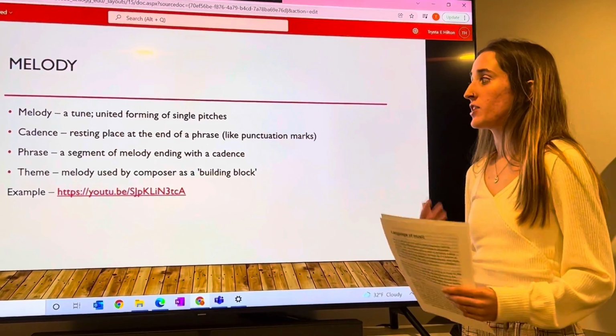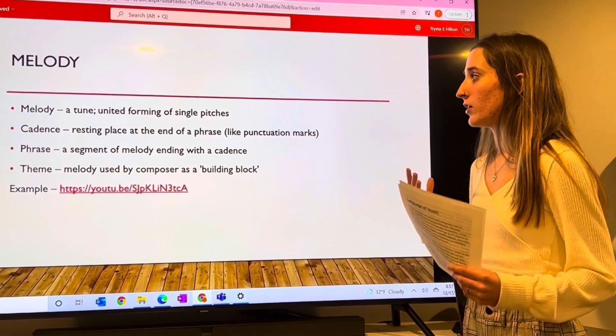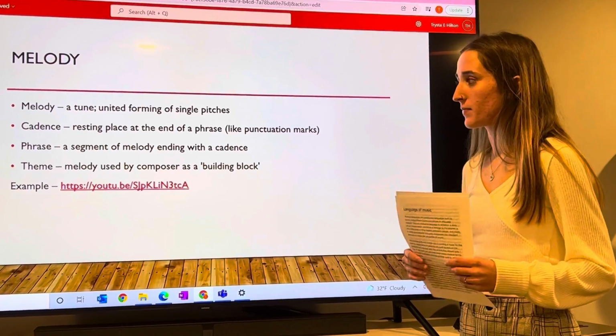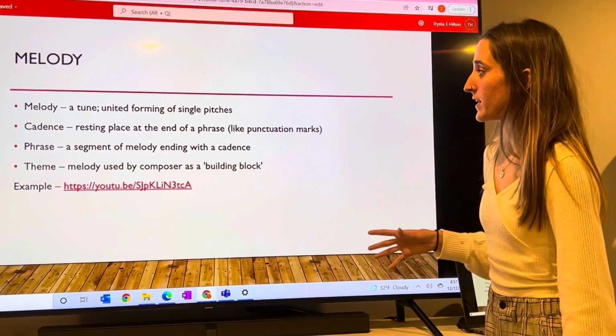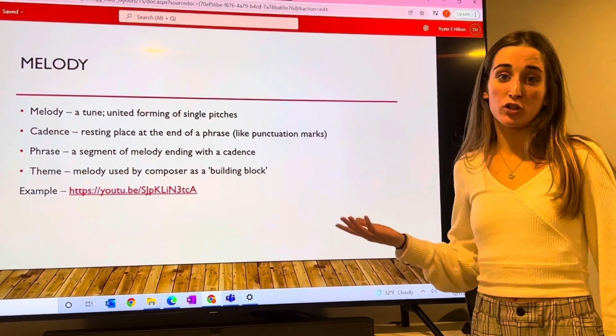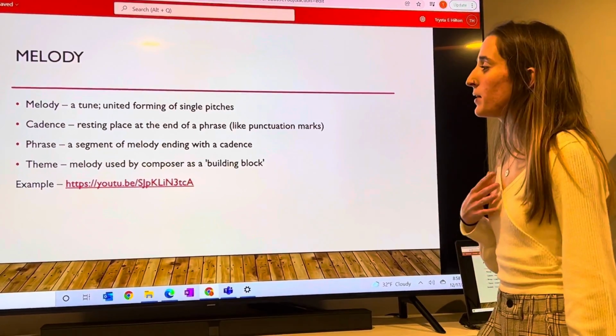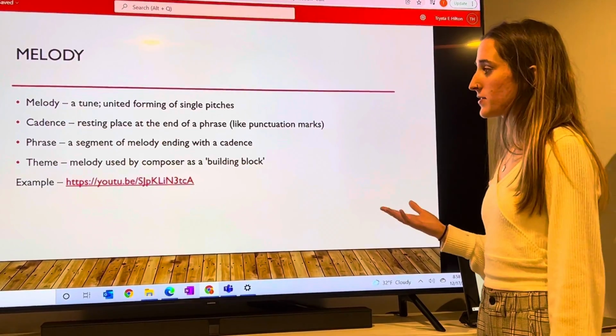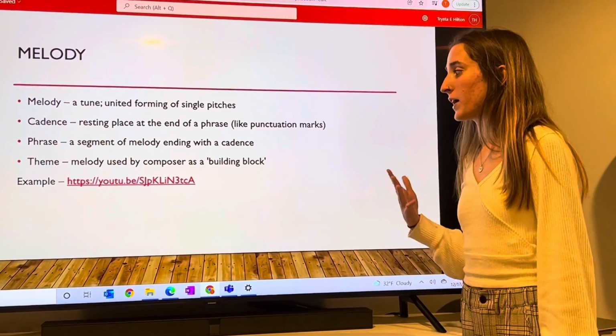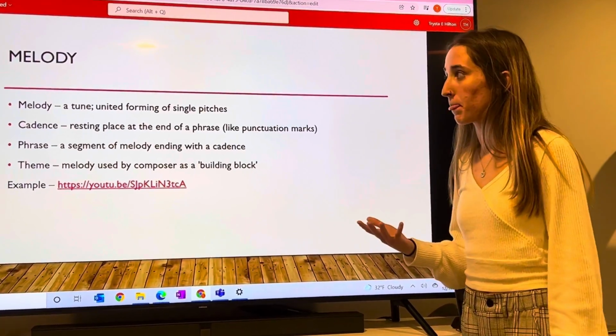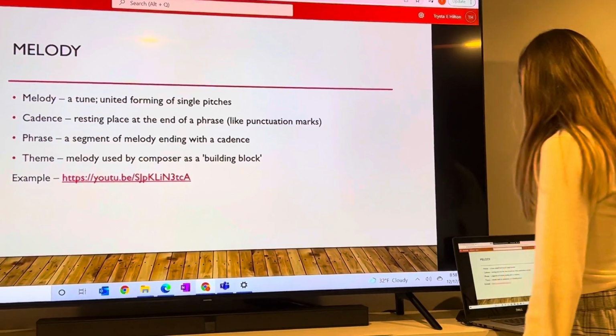Next is melody, which is a tune formed of single pitches. A cadence is a resting place at the end of a phrase, like punctuation marks, but for music. A phrase is a segment of melody ending with a cadence. A theme is a melody used by a composer as a building block. An example of a melody